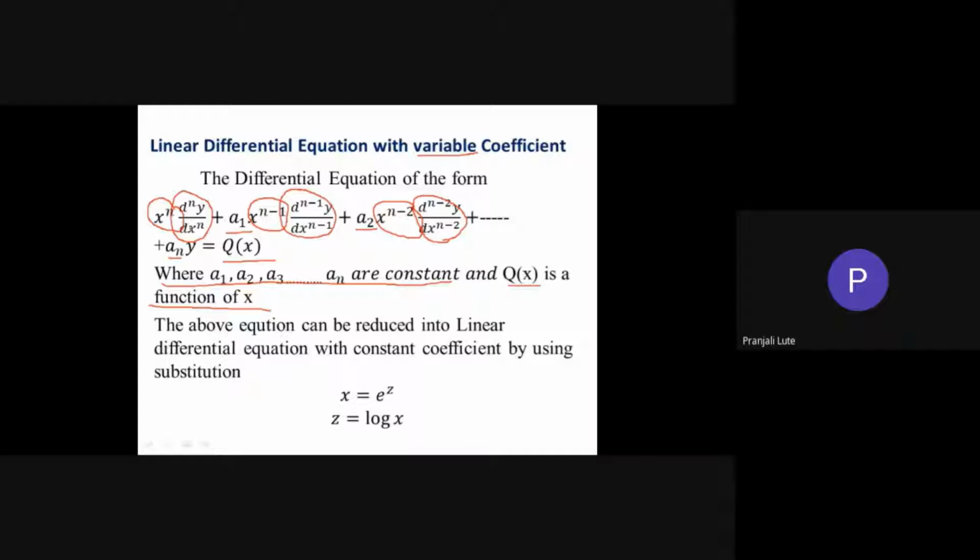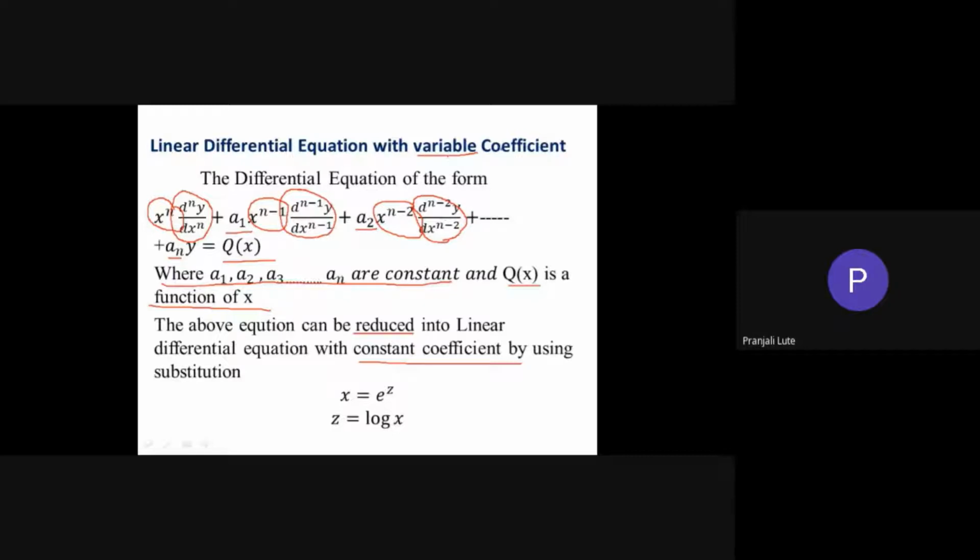So it is not possible to solve such type of equation directly by finding complementary function and particular integral. So we have to reduce the above linear differential equation with variable coefficient into linear differential equation with constant coefficient. Means we have to remove this x raised to power n, this variable, and after removing this variable, the given equation is called a linear differential equation